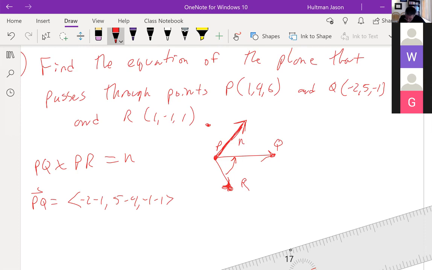Should be -1 minus 6. I screwed up somehow. How did I do that? It's -1, yeah, minus 6. I was looking at the wrong one. Okay. All right, good, okay, so this is